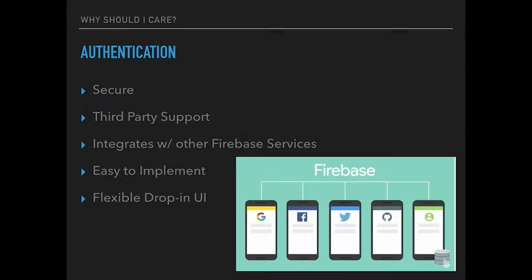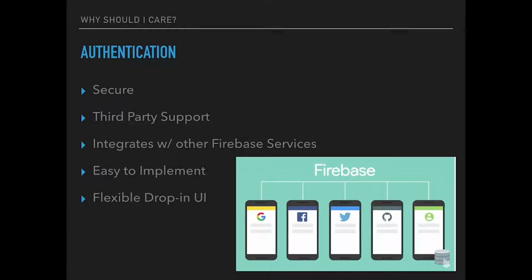The first one is authentication. Firebase has a really neat authentication component out of the box, and here's why you should care about that. Number one is security. Authentication and authorization is one of those things where if you don't really know what you're doing, you probably shouldn't be implementing it yourself, because you can leave yourself open to a world of hurt if you try to roll this yourself. So this is where it's really great if you're unsure, or you haven't done authentication or authorization before, or you're not sure how to secure your application. It's really great to leverage someone else that really knows how to do it, right?